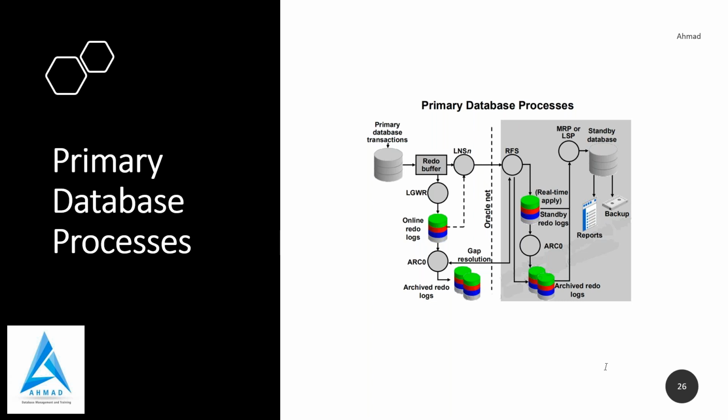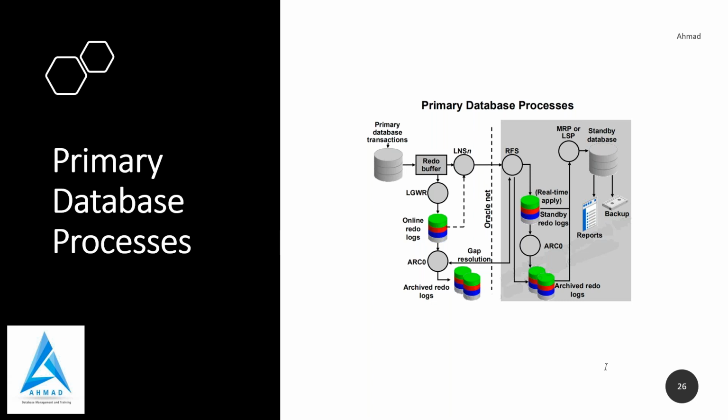Got it? Now, as I said, the remote file server receives the redo from the primary and can write the redo either in the standby redo log file or directly to archive redo log files. It depends on the configuration. And each LNS and ARCN process from the database has its own RFS process. So that is very important. And the use of standby redo log file I'm not taking here because it is another very vast concept. And also we have the ARCN process on the standby side.